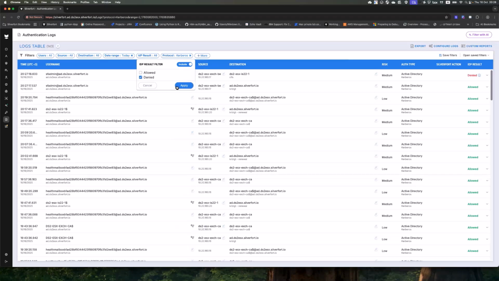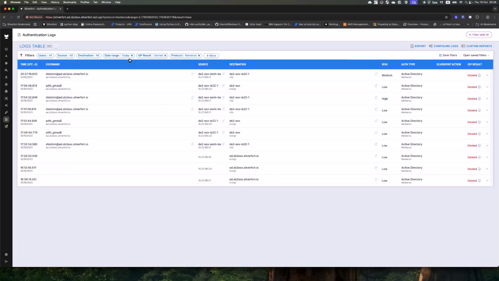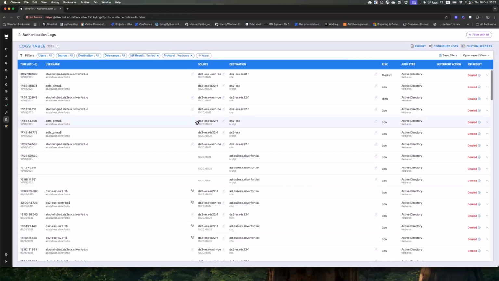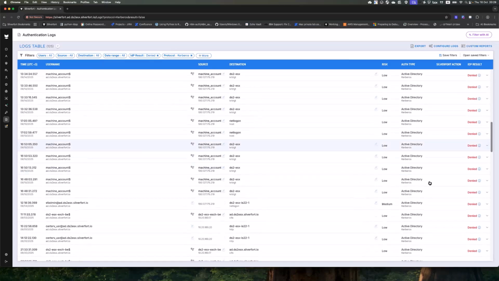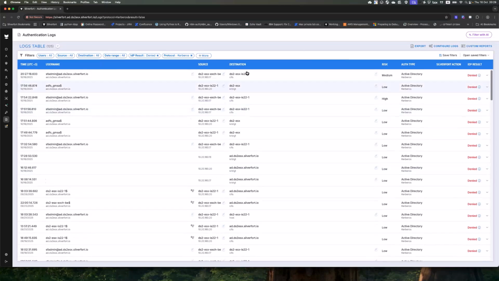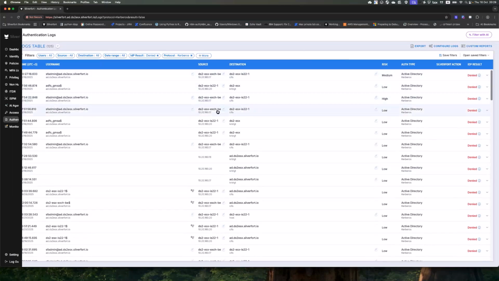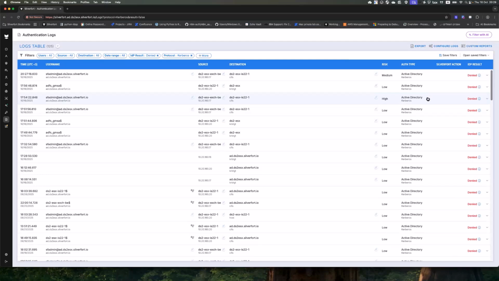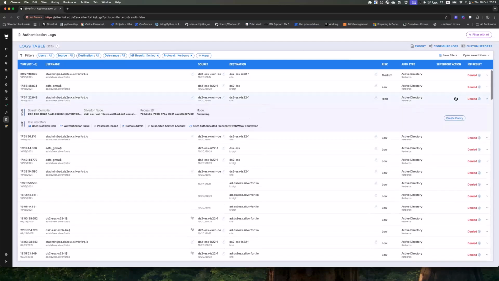denied. And this is just for today, but you can change the date range to all, or you can choose the date range that you wish. And you can see that I can see all my denied authentications, and we can go over the reasons. Actually, I have a lot of bad Kerberos authentications, but we can see for the following example that my denied authentication, and the reason, is that the server was simply not configured properly.